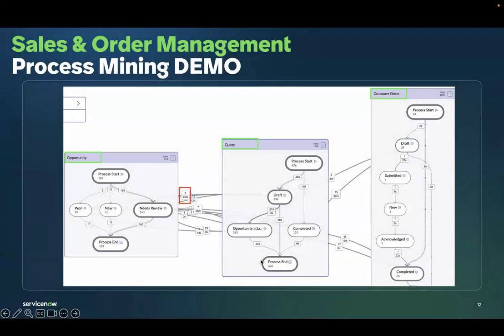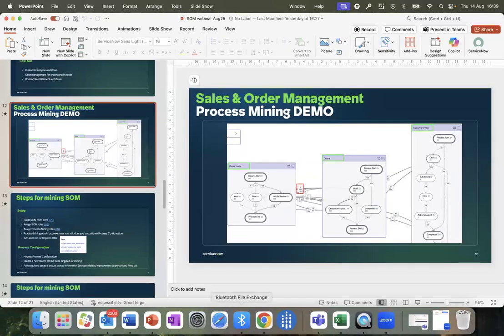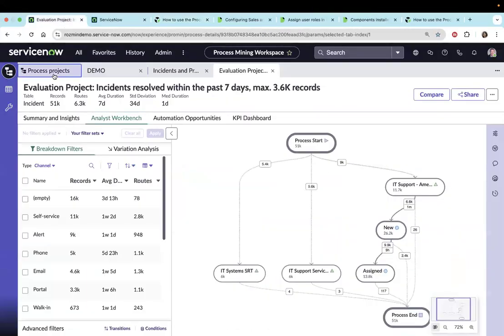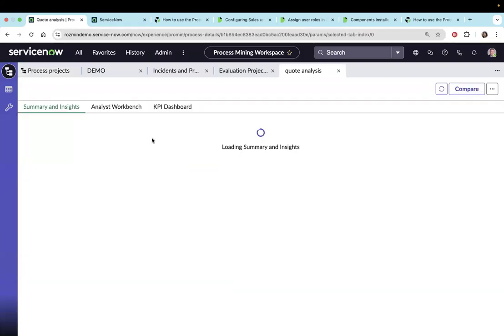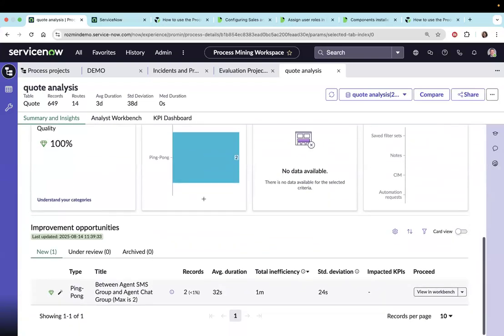All right, so I think we've covered the demo section for today where we saw how easy it is to set up first to mine sales order management. Then we did a simple use case of mining the customer order table. And then we went on to do a complex use case of mining all the three tables and how to spot inefficiencies in them. I think I have some pattern detection deployed in this instance to give you a sense of how the pattern detection works, which is the opportunities page, which is a very important one as well. Because my sample data is very poor, you're not able to see enough opportunities.